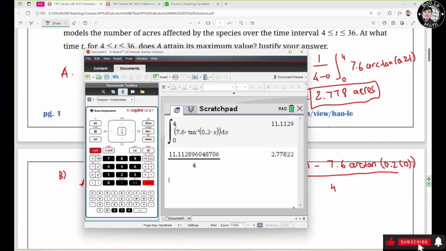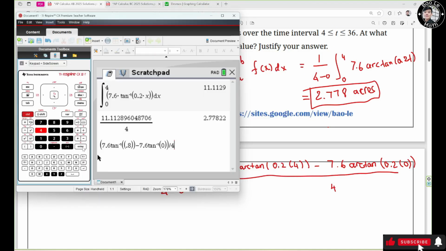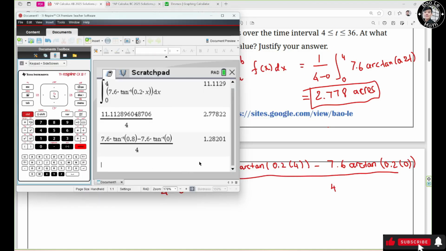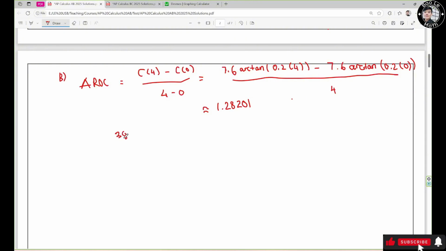So you bring up the calculator and then you hit enter. The answer is 1.28201. So 38 over 25 plus t squared equals